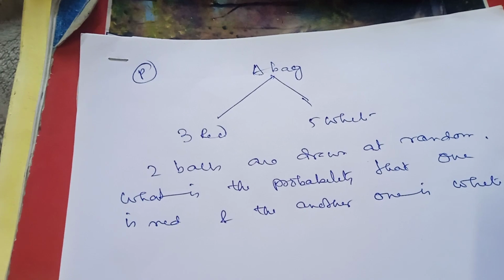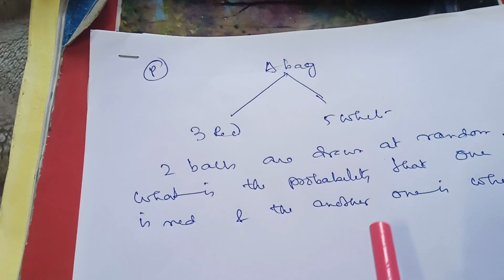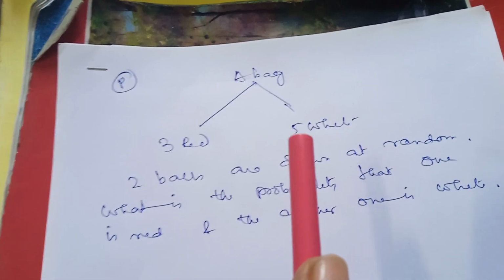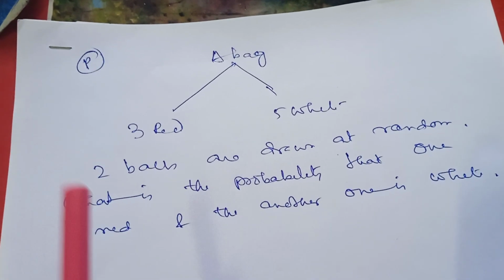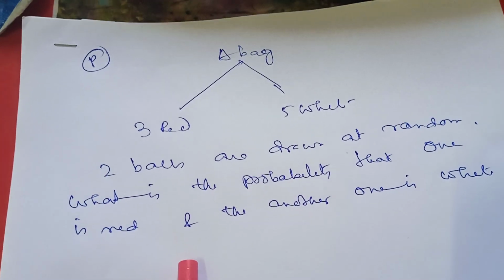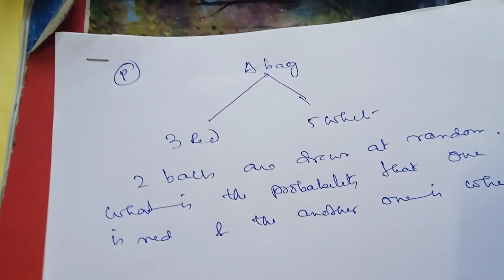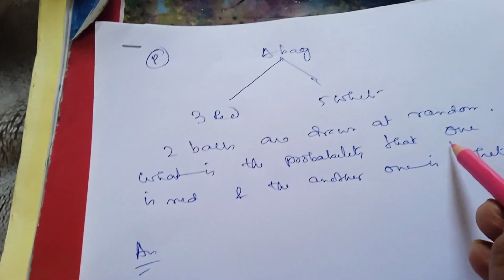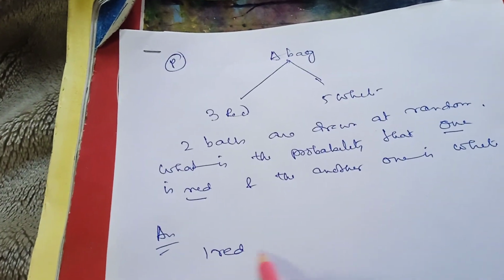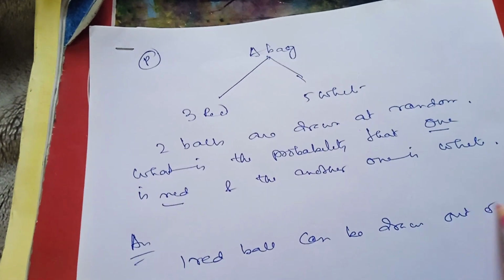At first, you are required to know what is the difference between the two problems. In the previous problem, I stated two balls are drawn, and here in this case, I have also stated two balls are drawn. But the difference is that in the present problem, I have stated one is red and one is white, whereas in the previous problem, I stated two balls are drawn and both of them are red in nature. That is the basic difference between the two. So in that event, I want to draw one red ball. One red ball will come from three red balls. It can be drawn out of three red balls